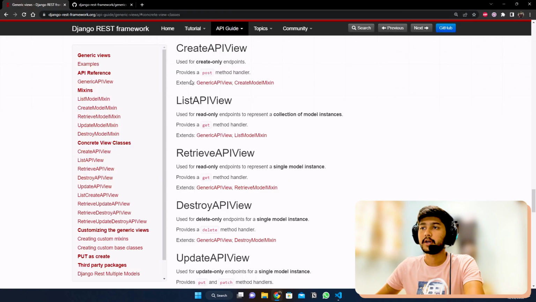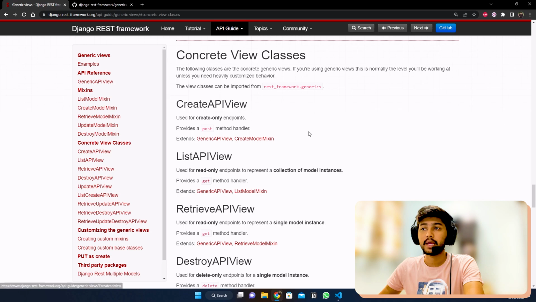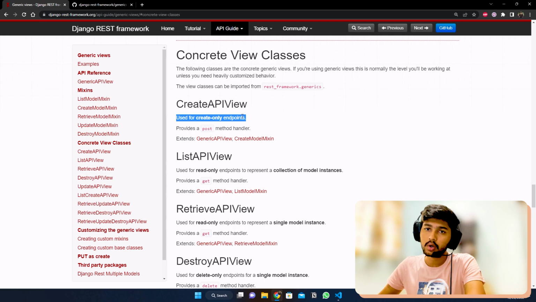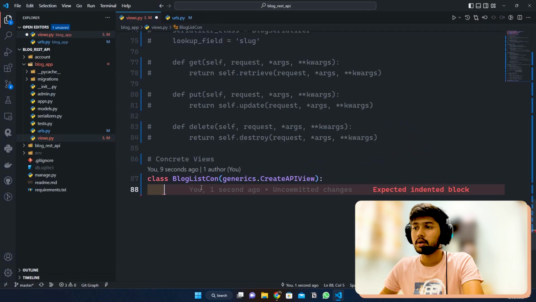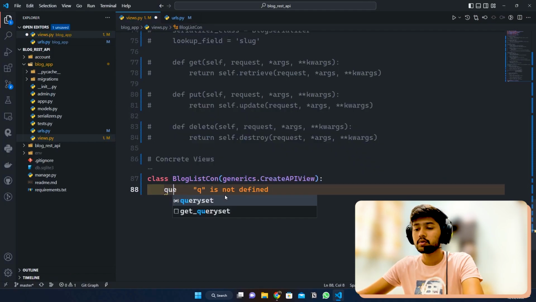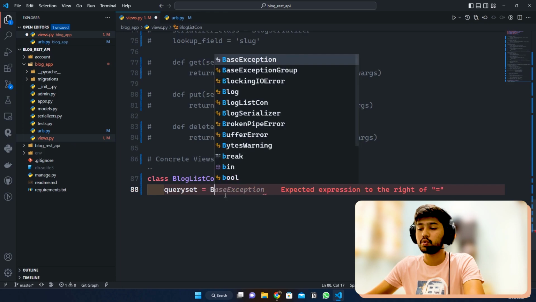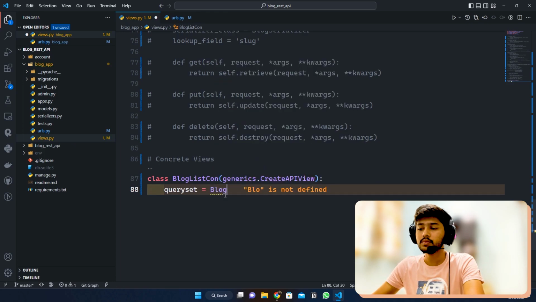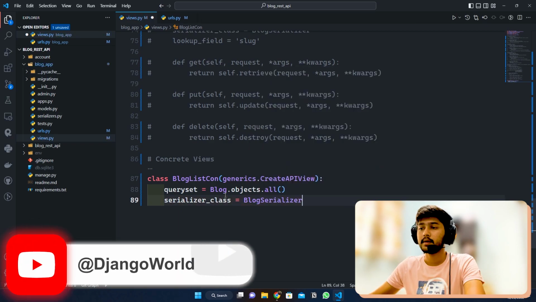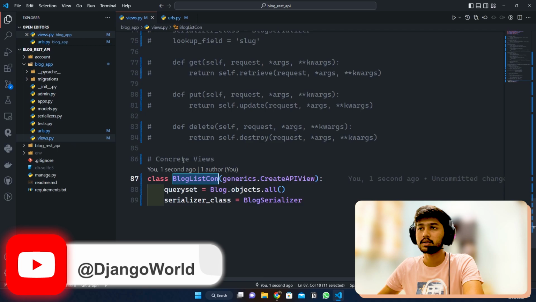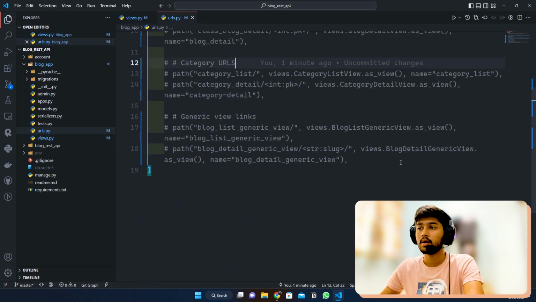Okay, as they have shown over here, first is CreateAPIView and it will allow only post request. This is not going to allow you GET request. So here I will say queryset equals to Blog.objects.all, and here I will say serializer_class which will be BlogSerializer. Okay, save this, copy this class name, come to urls.py, and